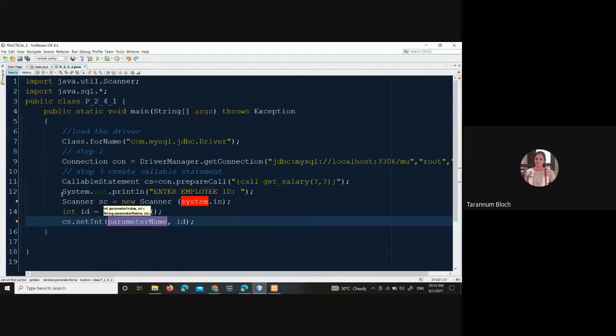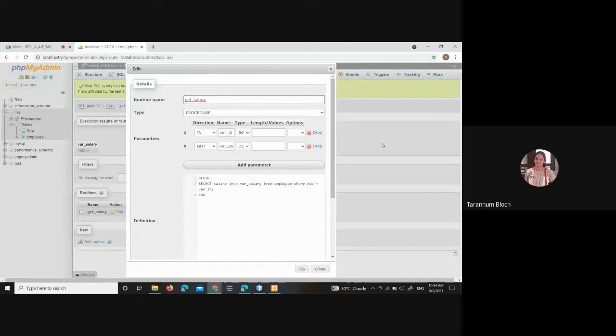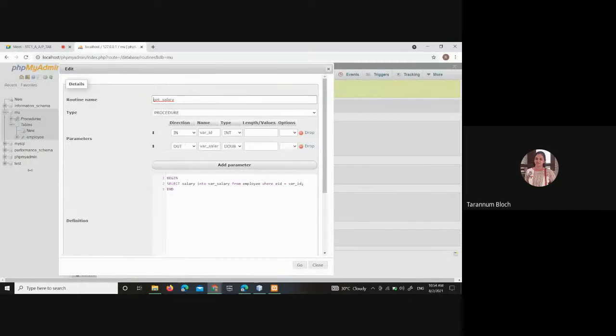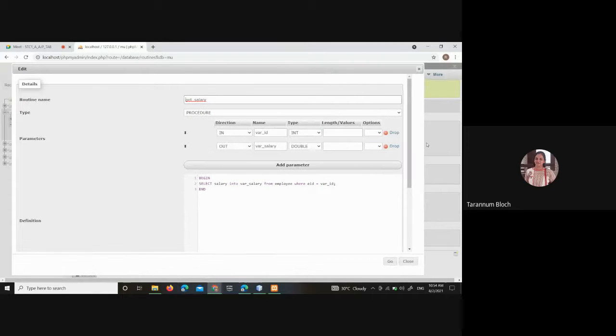Go to your database and click on edit. Can you see? The first parameter is the input parameter, so that we have taken inside the local variable ID. We are setting it here. Okay, go to the code.